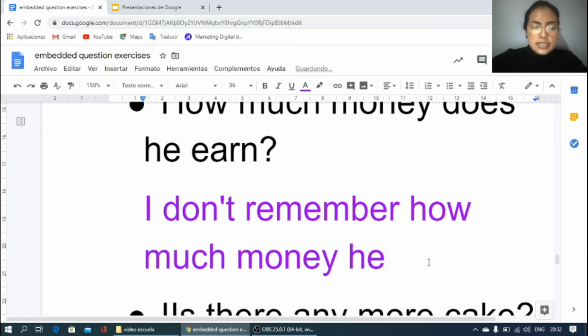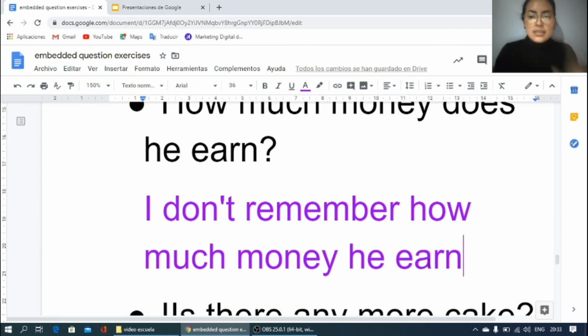But in this case, you have to put the S in the verb because in present simple, in the third person, he, she, and it, you have to put S in the verb. Okay, he earns. Okay, and you don't have to write a question mark